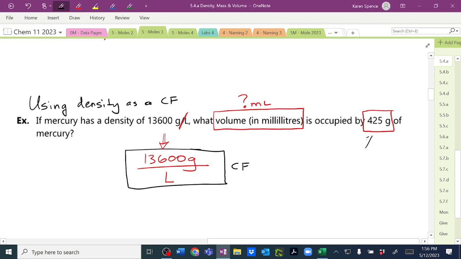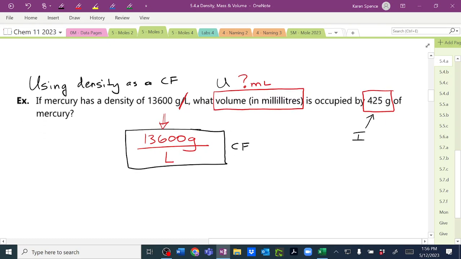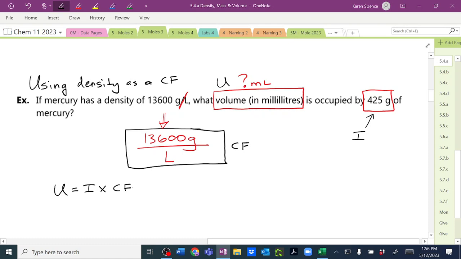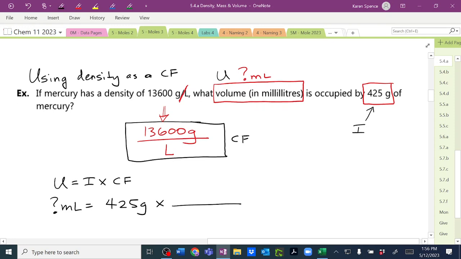That means that this other number must be our initial quantity, and this is our unknown here. Unknown is equal to the initial times the conversion factor. So we don't know how many milliliters. Our initial quantity is 425 grams. And